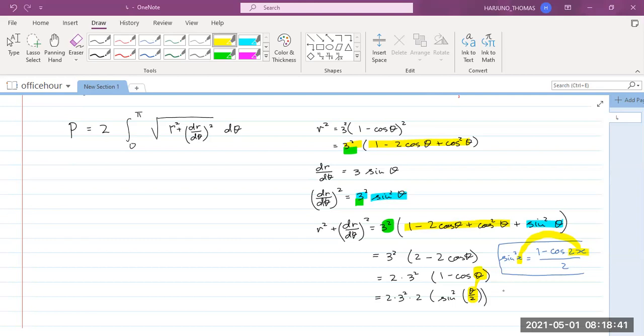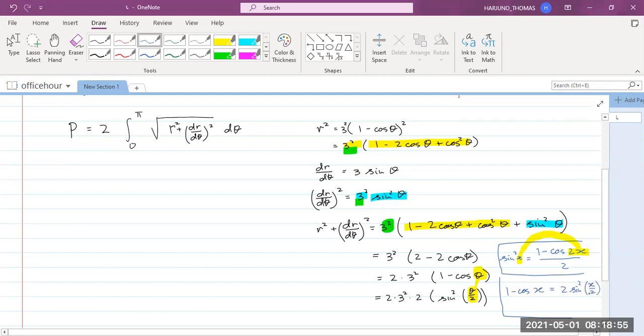Maybe if I write it another way, you can see it. So 1 minus cosine 2x is equal to 2 times sine squared x over 2. You move the 2 here. And then you substitute: the 2x becomes x, so x becomes half x. Now then this is 2 squared, 3 squared, sine squared theta over 2. Okay, so the square root of that